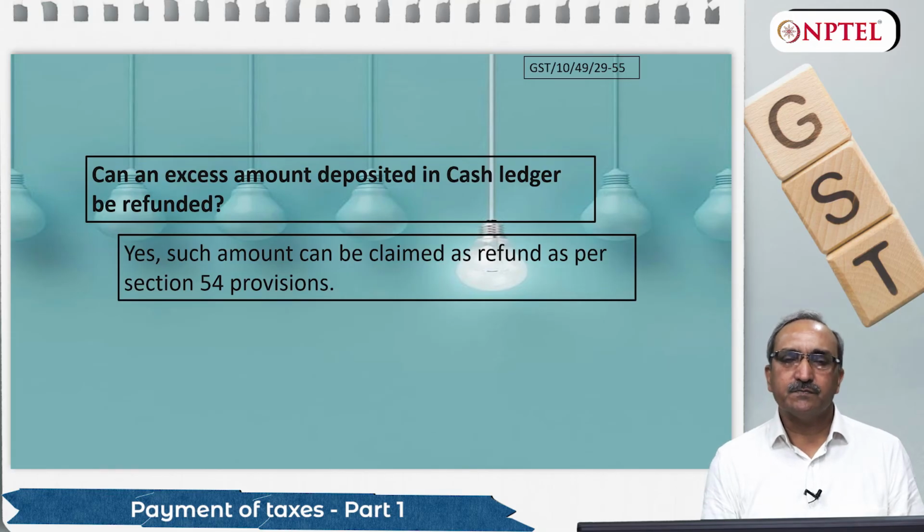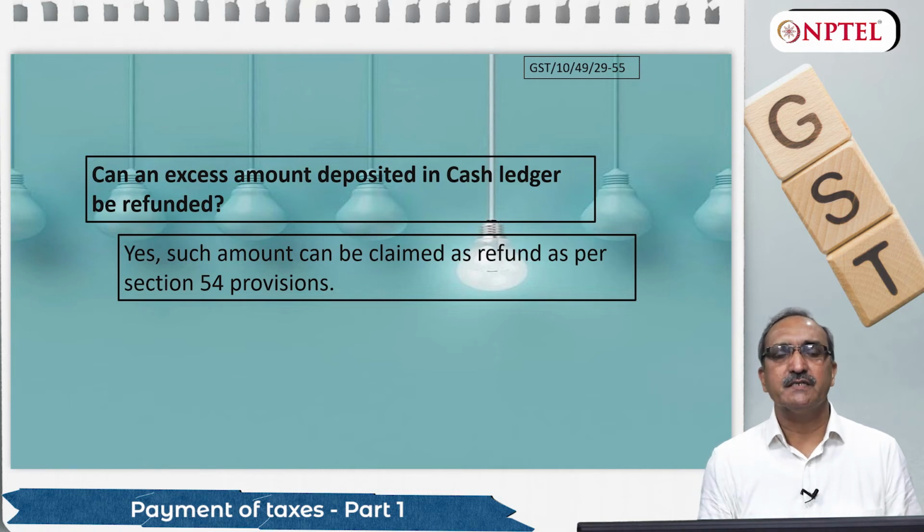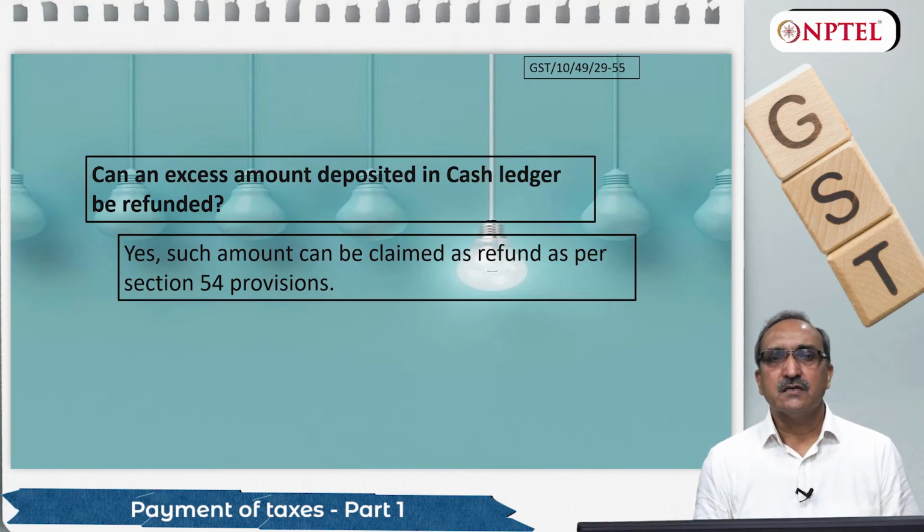So if there is any excess balance in your cash ledger, there may be other reasons. Sometimes you have some apprehension or expectation that you are going to get a big order this month, and you have made a provision for that and deposited cash because you don't have ITC or not the required amount of ITC. Or sometimes because of department investigations or department search and seizures, you are forced to deposit cash because they have some apprehension that you have evaded taxes. So they force you or ask you to deposit